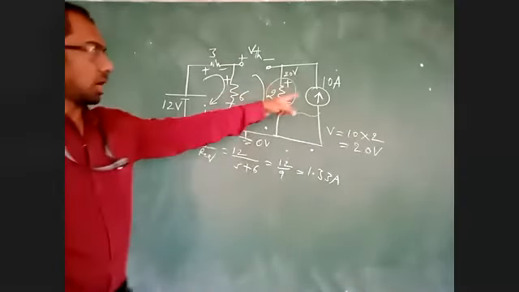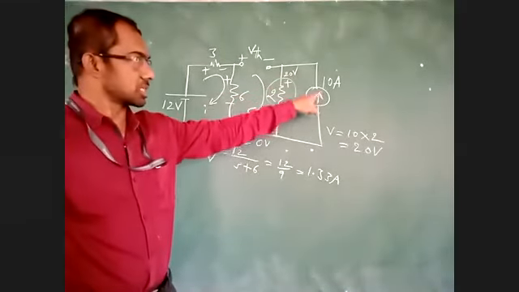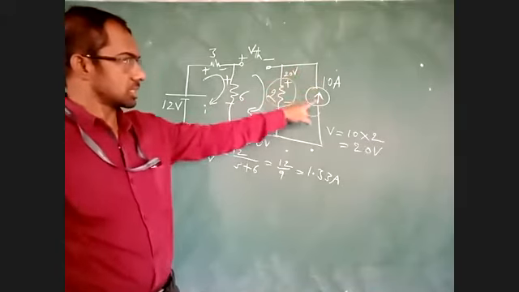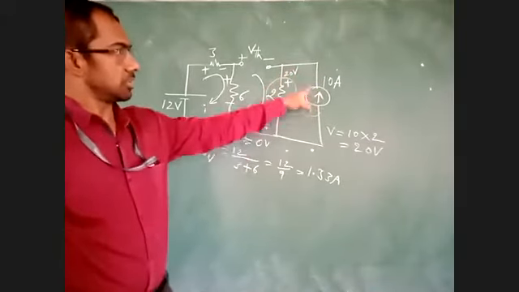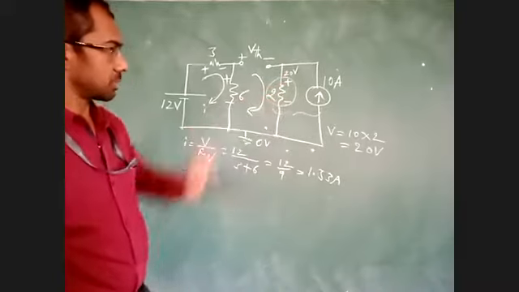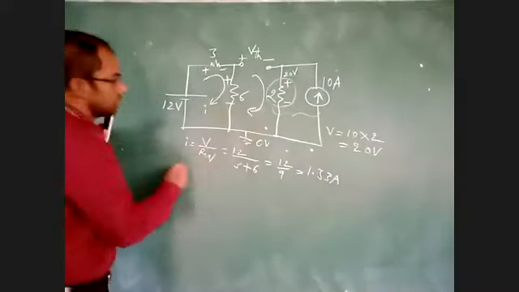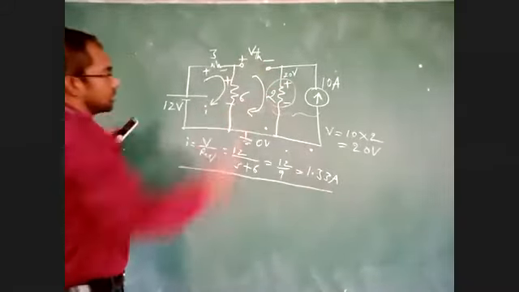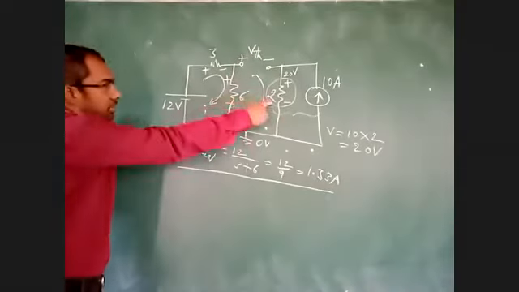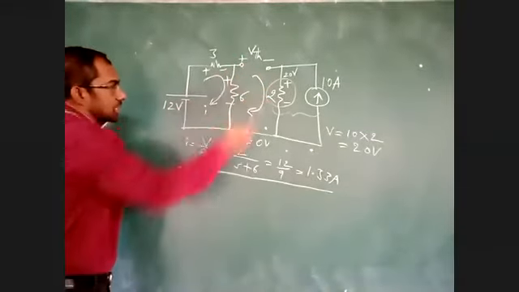How are we taking this plus and minus? In the direction of arrow. Current is flowing upward like this. In the direction of arrow, you can take plus and minus. Now, I will determine VTH. Now I know the voltage here and here. Now apply KVL here.